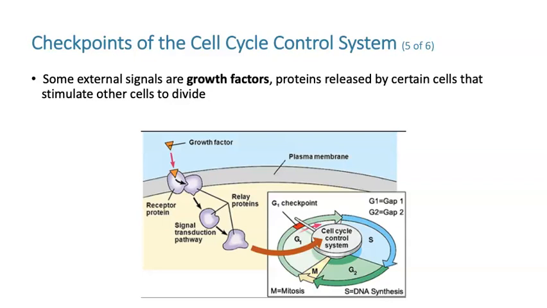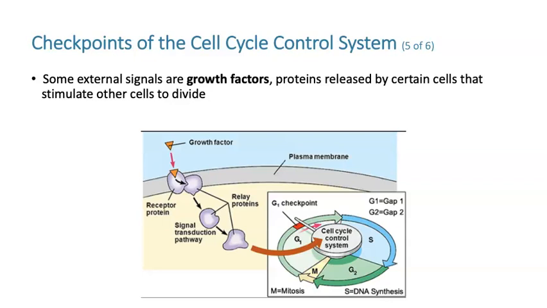Checkpoints in the cell control system are regulated by something called growth factors. Now, you might look at this word growth factor and think, oh, this has to do with growing. And okay, sure, right? Growth is one of those things that can only happen if mitosis is happening properly. So growth factor is not a bad term, but once you're fully grown, you still do have growth factors regulating